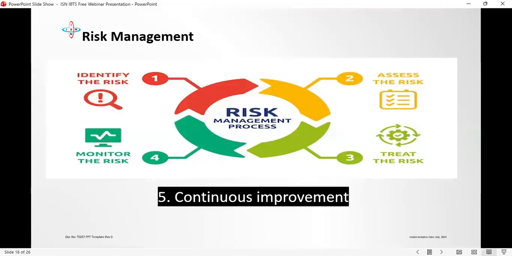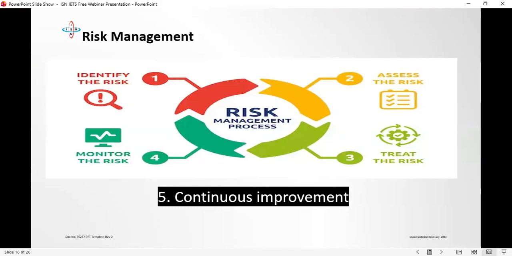You must not look at it and say, there's this wire on the floor, it can trip somebody, and you overlook it. You need to treat it. Find a way of either stepping it into the ground so that it's not raised up, or put in a measure to remove that risk, because if you leave it inadvertently, something adverse may happen. And the worst case scenario is that it may lead to death. After you've treated it, you monitor that the thing that you've used to treat it is effective.